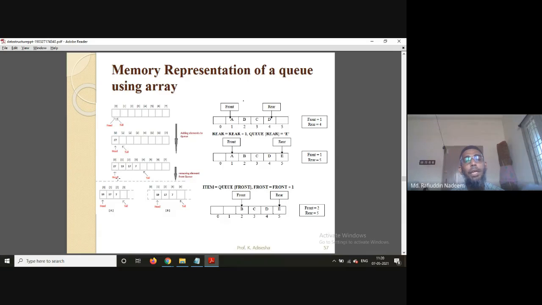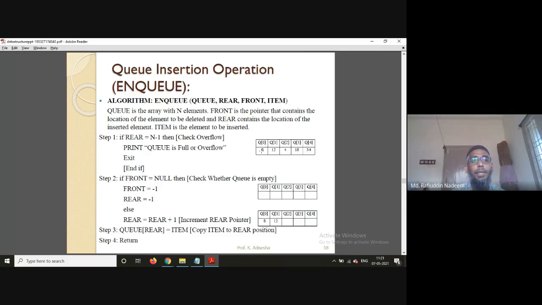If suppose more elements are inserted, the tail is moved to the far end. Likewise, when you are removing, the front will be moved from one position to another. This I will explain very clearly in the program by taking some values here. Okay, then this is an algorithm which is used to insert an element into a simple queue.